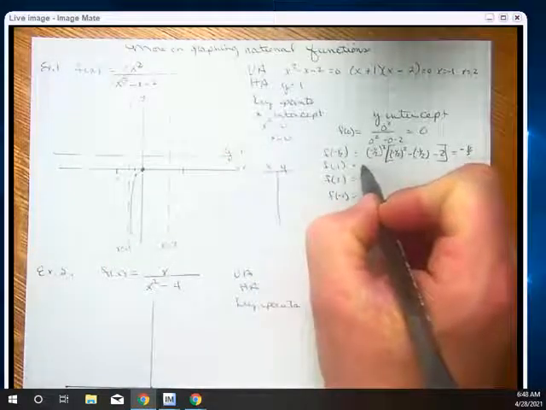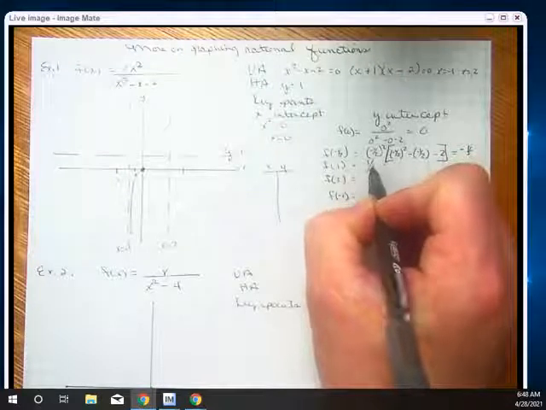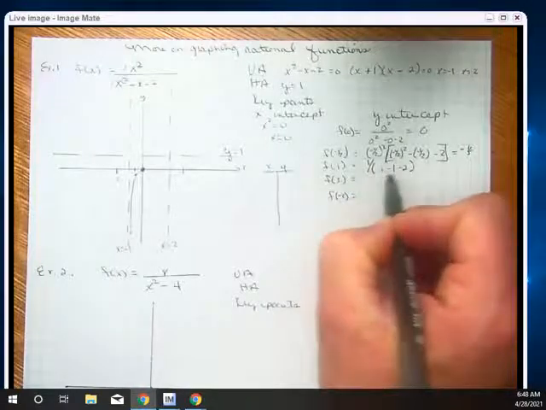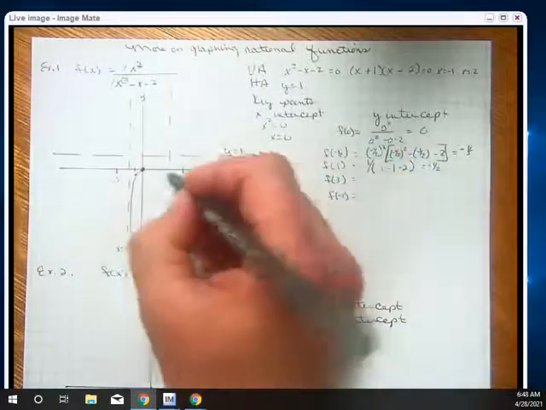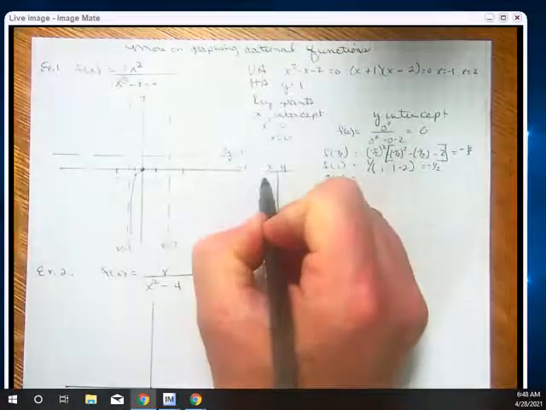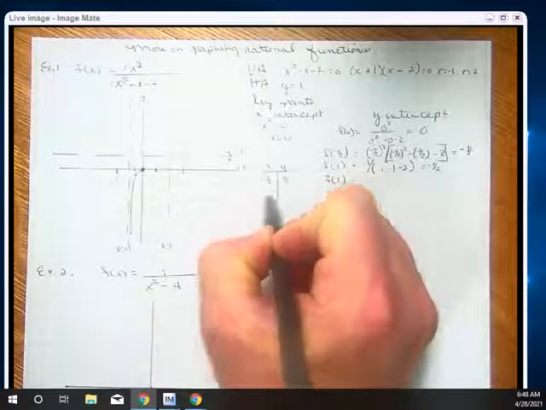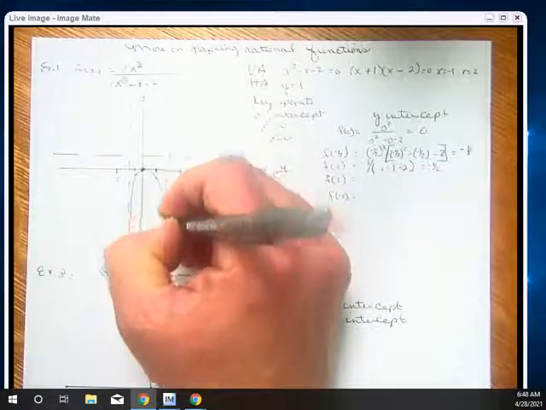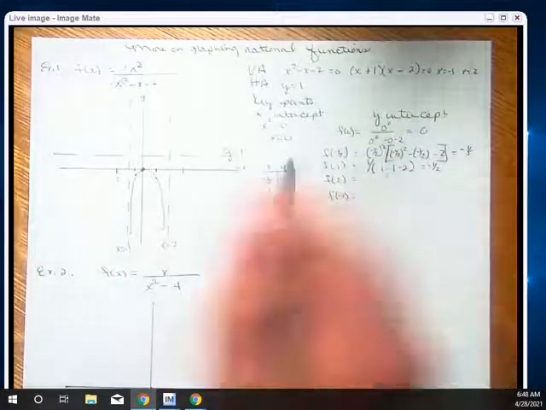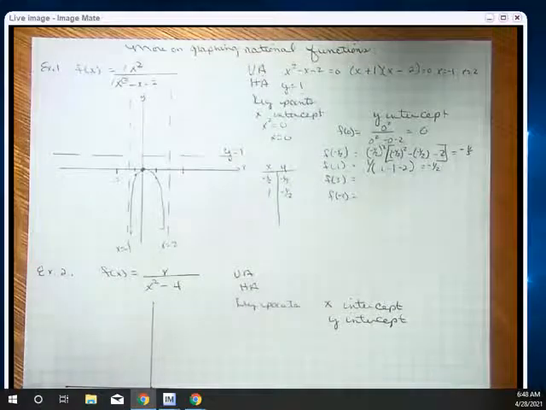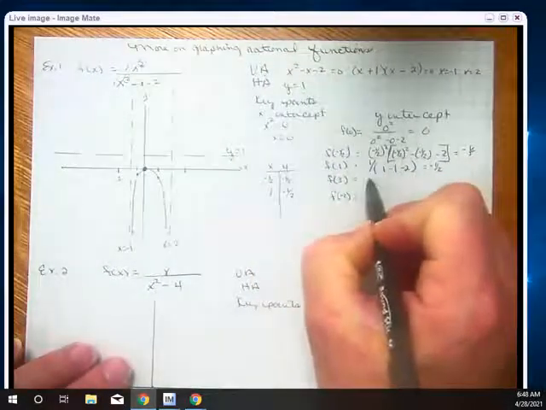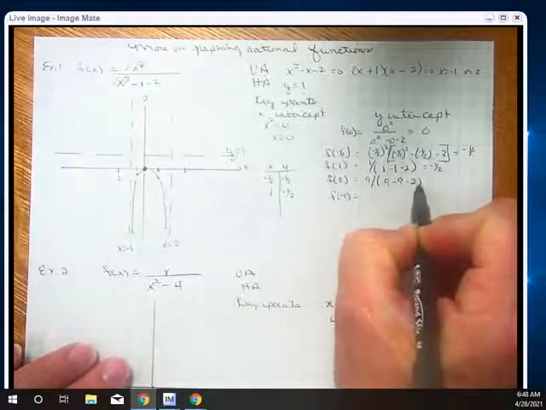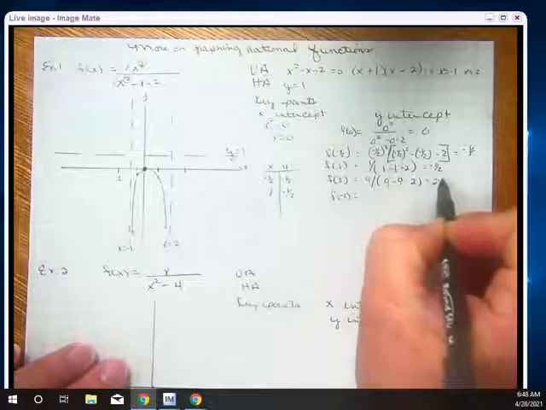When I substitute the 1 in, 1 squared is 1. 1 divided by 1 squared minus 1 minus 2. So I'm going to do the denominator, and I'm at a negative 1/2. I have substituted in a 1, and I'm at a negative 1/2, which is about right there. And I'm going to connect it with a smooth curve. Then I'm going to put in the 3. 3 squared is 9. 9 divided by 9 minus 9 minus 2 is a negative 2.25,